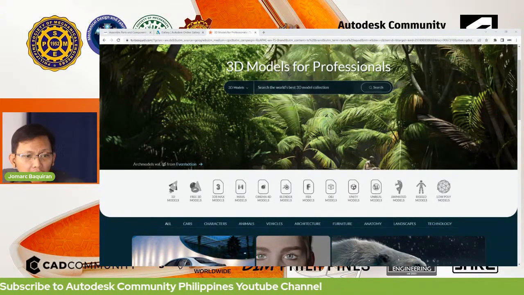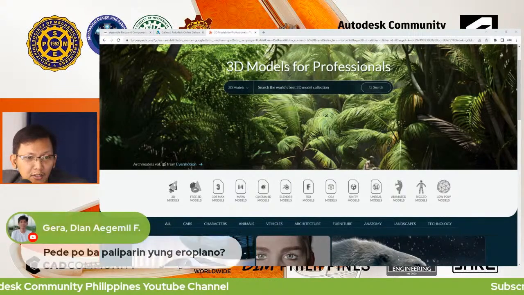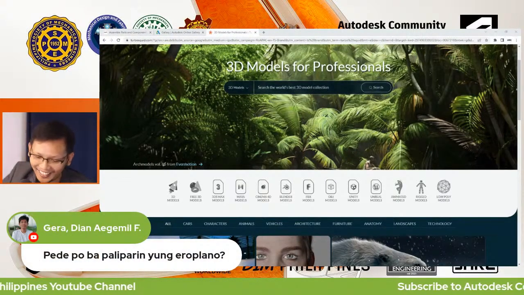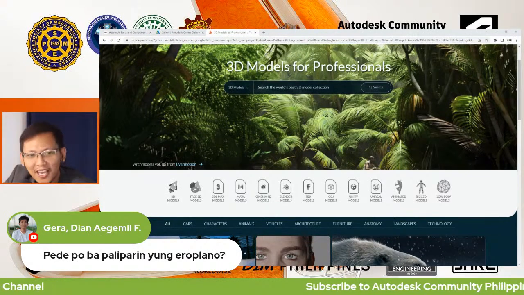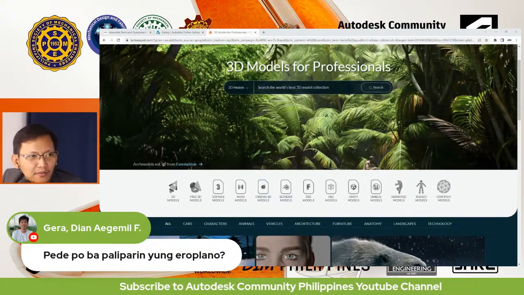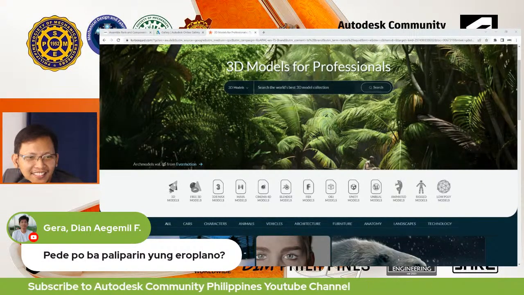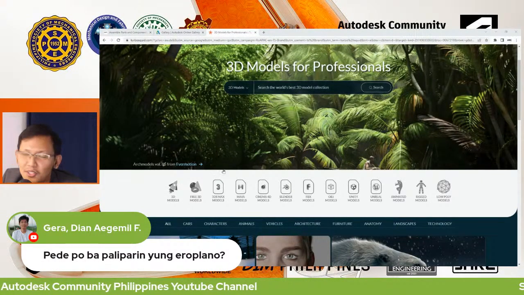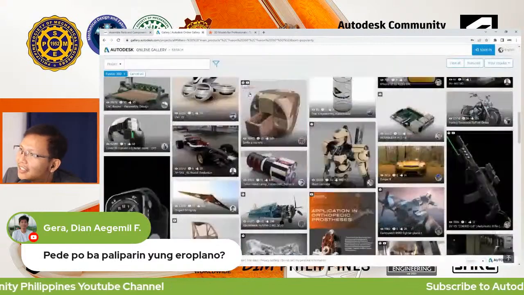So lahat ng pwede pang paliparin yung eroplano, pwede. Pag alam mo na rin yung simulation. Drones. Yes.